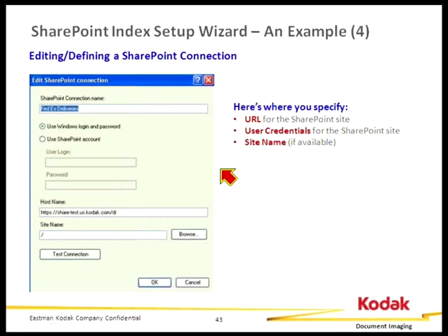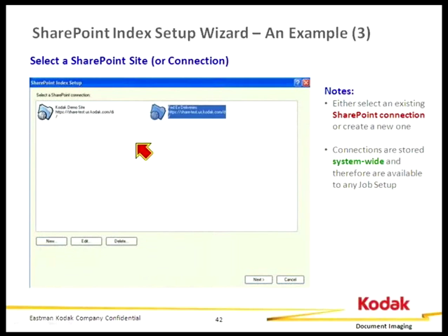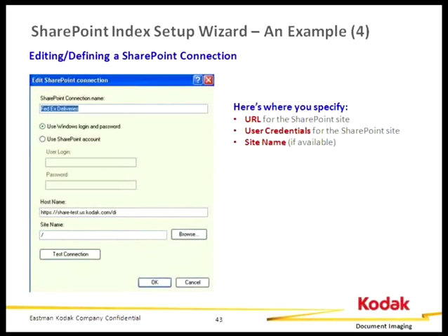Now if I decide that I need to edit or define a SharePoint connection, here's where you specify the URL for your SharePoint site, the user credentials, whether there's a specific user account or whether you're going to use the Windows login and password, and then the site name if available. A SharePoint system might have lots of different sites that contain libraries and lists and things like that. I also give the SharePoint connection a meaningful name, so when I go back on my previous screen, I can select that meaningful name as to what my SharePoint connection is going to be. So once I've established that,